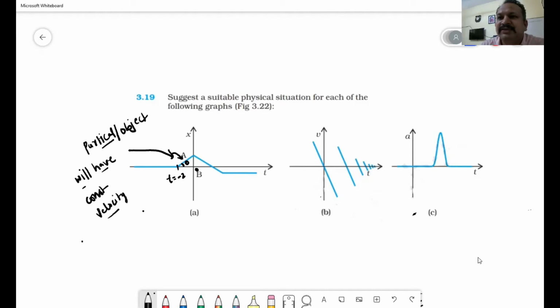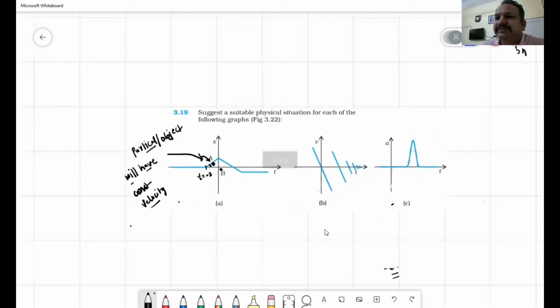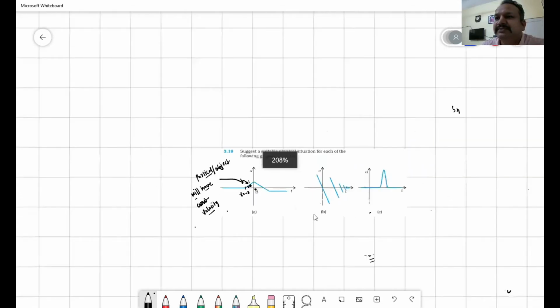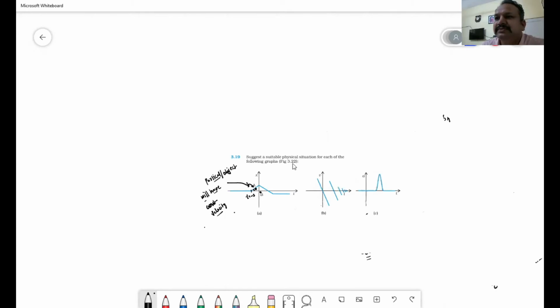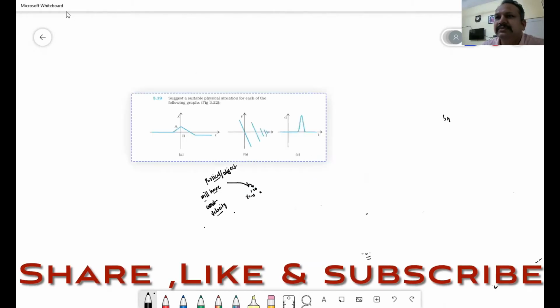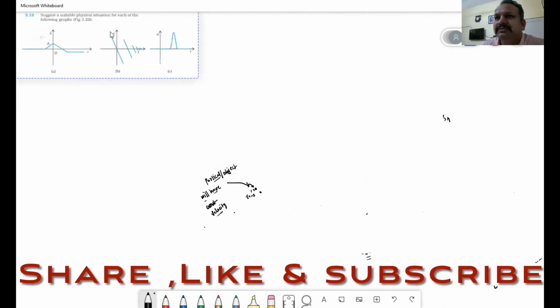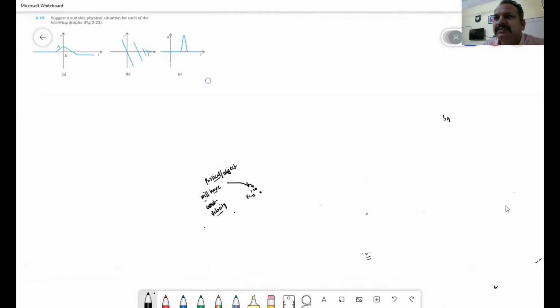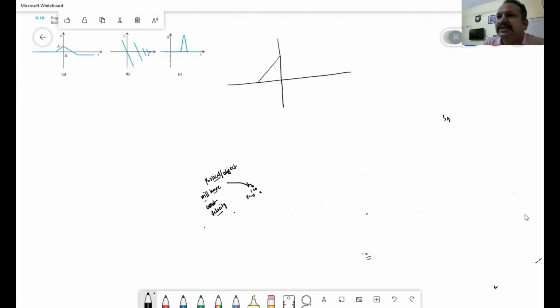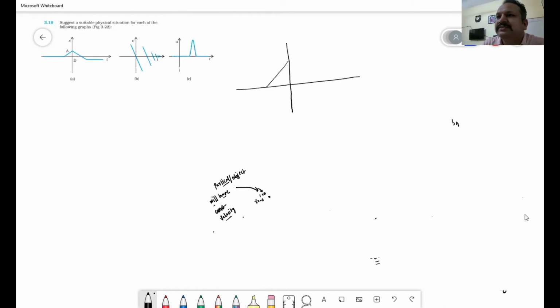But the slope is positive because the graph is like this way. So in this case you will see